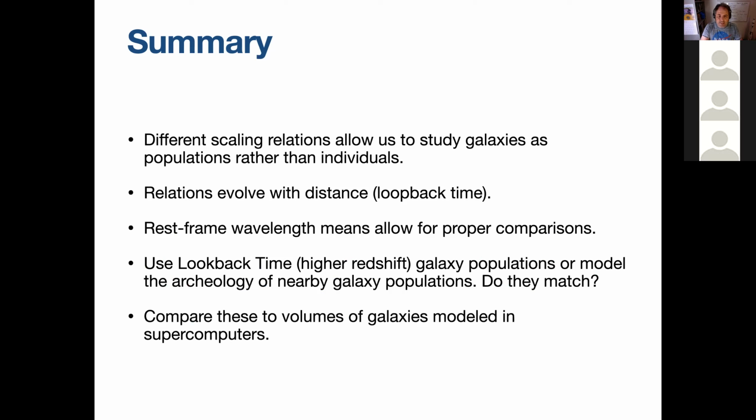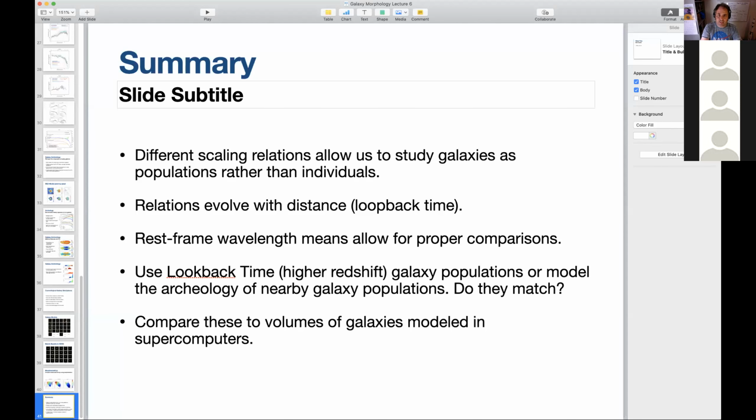Do they match? And then we can compare both of those observational techniques to what we see from supercomputers, these volumes of galaxies that we simulate in computers, because there we can speed up the time. The one issue with galaxy evolution is that we have to map populations to populations. And so you can model, but assumptions go into models. Having a model that just simply runs through all of them, where we can follow the same galaxy on its evolutionary track and see if it matches at different redshifts, and see if its end product actually matches what we see from archaeology, that's very, very useful. So it's looking quite promising for galaxy evolution, and especially for